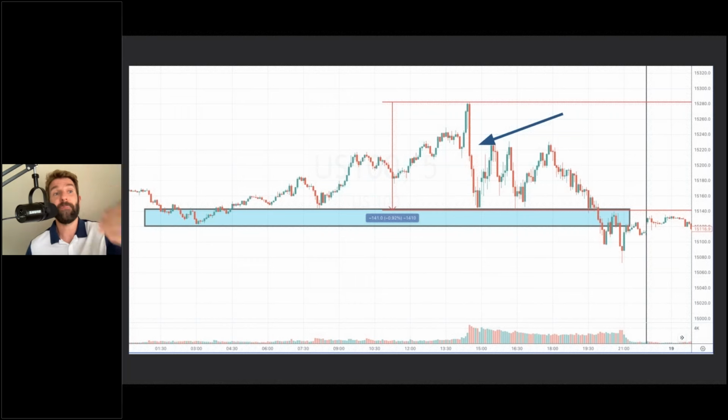One of them is if we hammer straight to that level aggressively. Now, I admit that it may not have been low enough for you to take this, but this is real world, and you might have gone, I want a little bit lower. I want it just to penetrate that 15,140 and then turn.